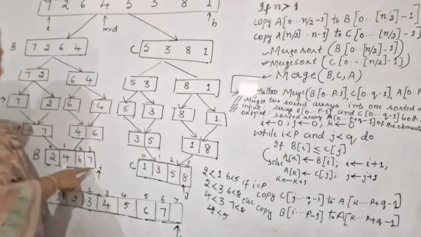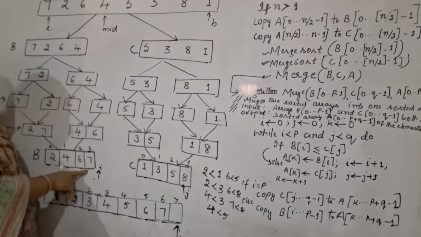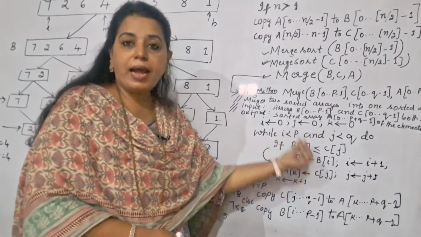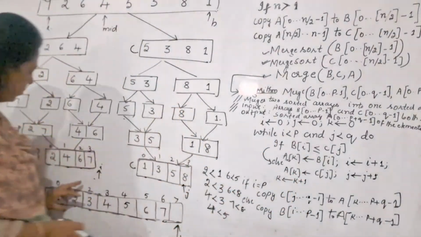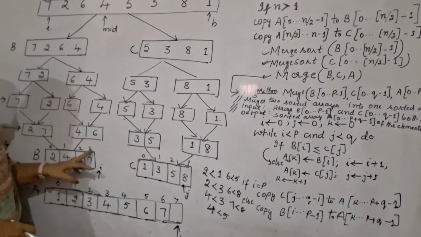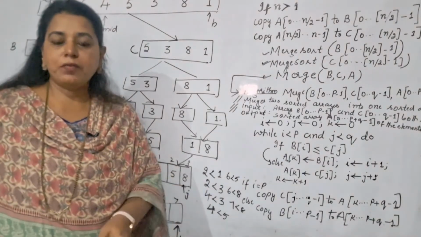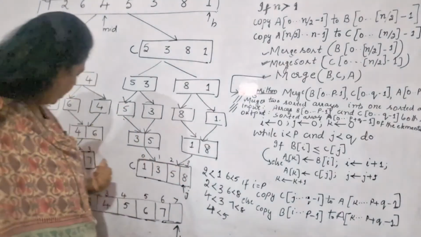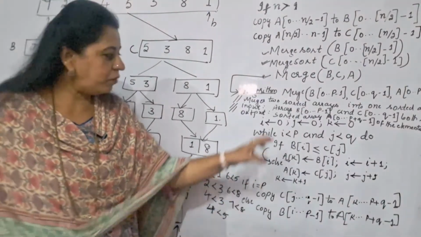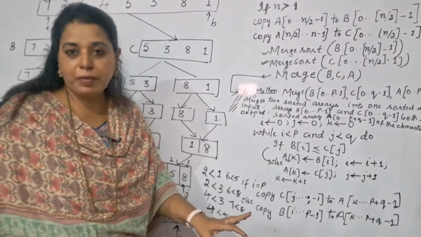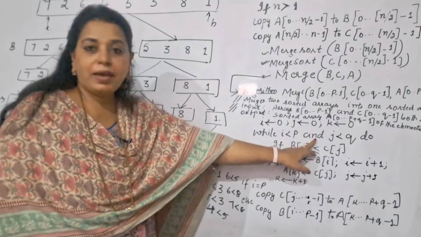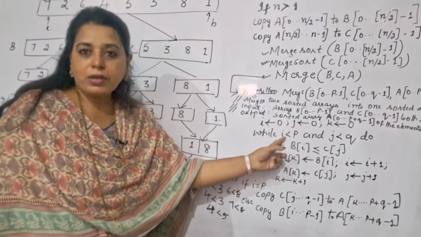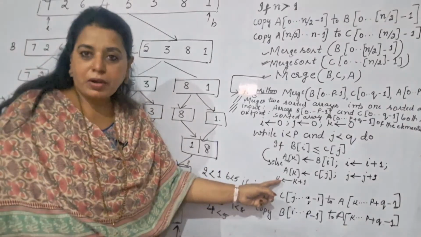Next time, if you see, there are no more elements in this particular array B. Fine. So that means what we had written in the while loop is while I less than P only. P is what here? P is 4. So 3 less than 4. Until that value is less than 4, you keep doing this. Now, if this I becomes 4, 4 less than 4, the condition will be what? False. And you are including here a logical AND operation. Even if one of these becomes false, then these statements will not get executed.